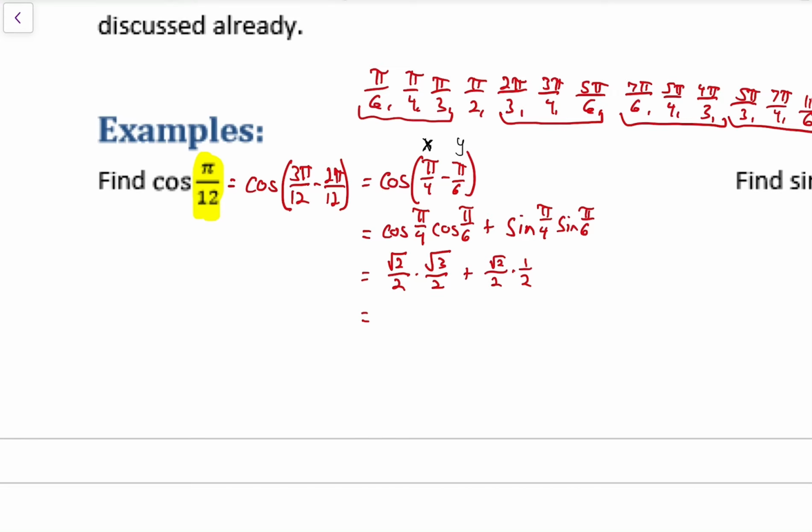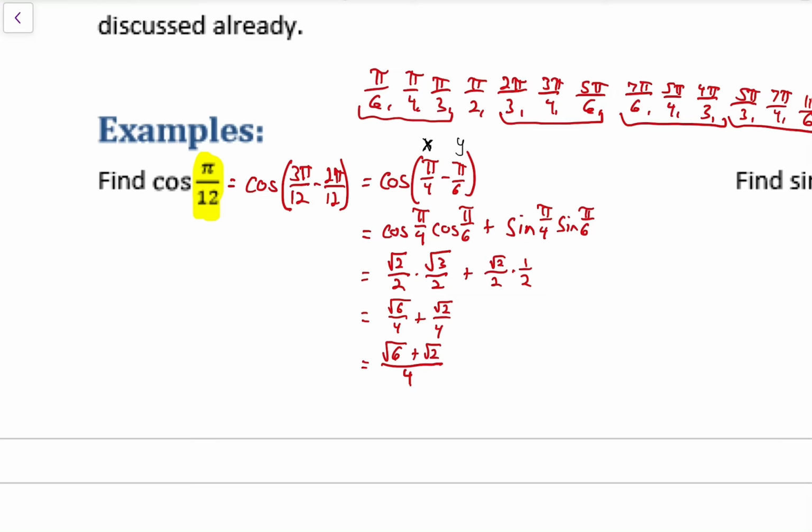And so simplifying here, we get root 6 over 4 plus root 2 over 4. And we actually have a common denominator there. So we can say this is root 6 plus root 2 over 4. We obviously cannot combine the root 6 plus the root 2. They're not like radicals, so you can't